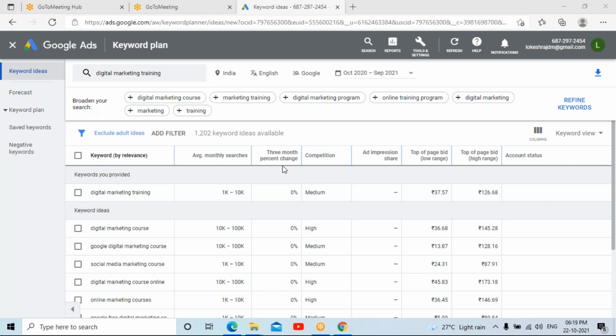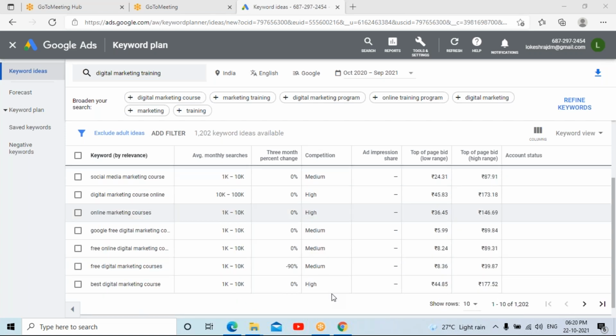You can see that for digital marketing training, it is showing 1K to 10K. For the same thing, online marketing courses, there is high competition, it says. You can use these words so that people get connected with you.